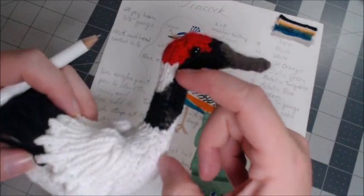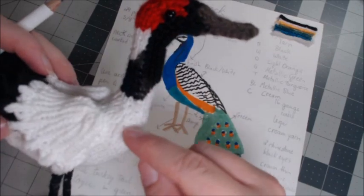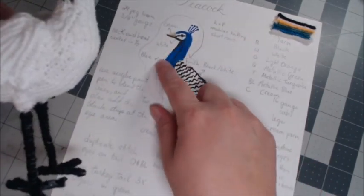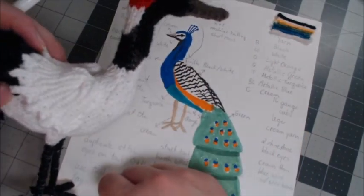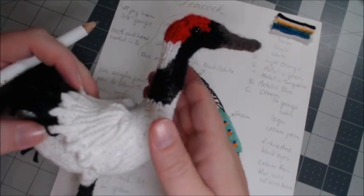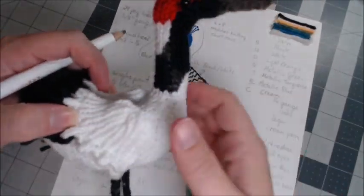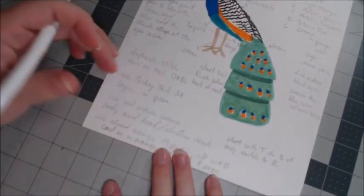The only thing is the neck's going to be probably shorter. There's going to be a slower decrease through here so that it goes from fat to narrow. The beak's going to need to be shorter. So you see where I'm going with this, okay? You're seeing where I'm making the adjustments, okay? So I write notes on that. So down here,